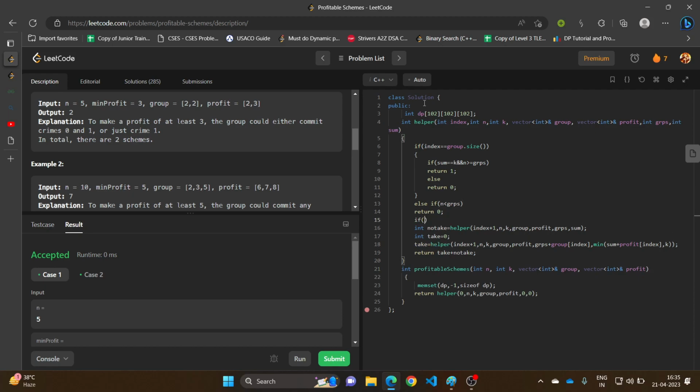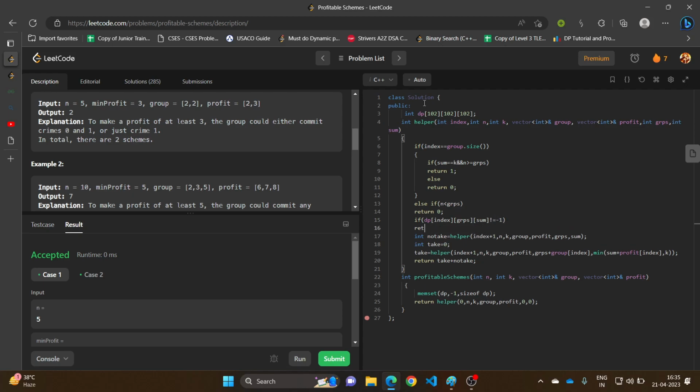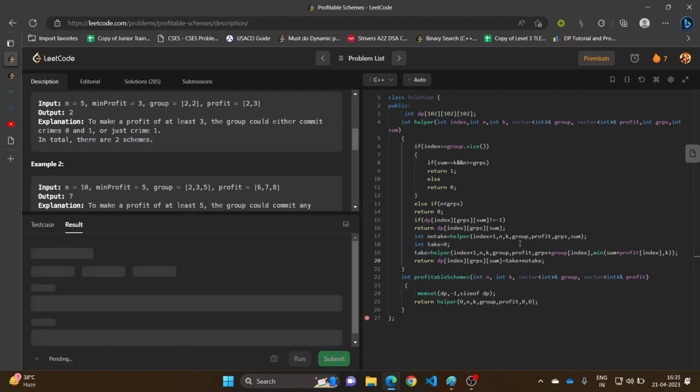Now we'll see if dp of index, group, sum is not equal to -1, then I would just want to return this, and also pass in here dp of index, group and sum is equal to take plus not take. Okay,